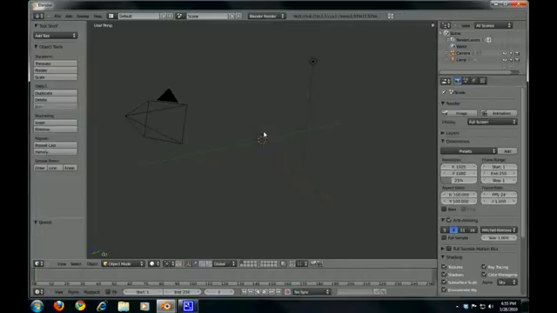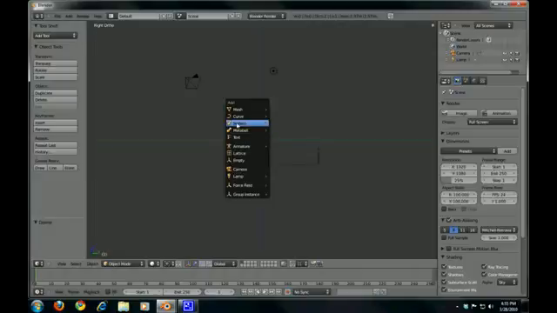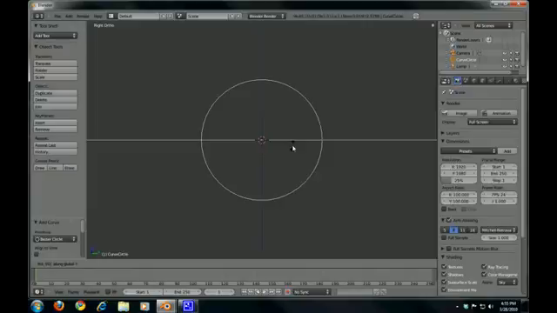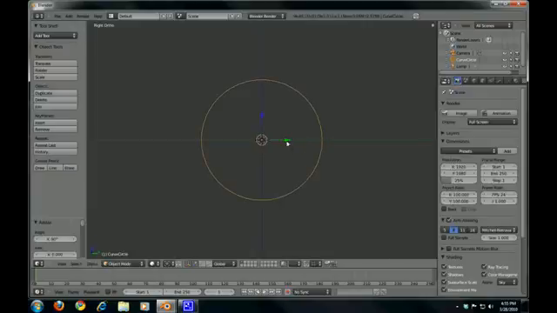Go to the side view, pressing 3, press 5, and then now you should add a curve. So, press Shift A, go to Curve, and Bezier Circle. Now zoom in a little bit, rotate the curve on the y-axis, so press R, Y, 90 degrees and press enter. Now press tab to go to the edit mode,